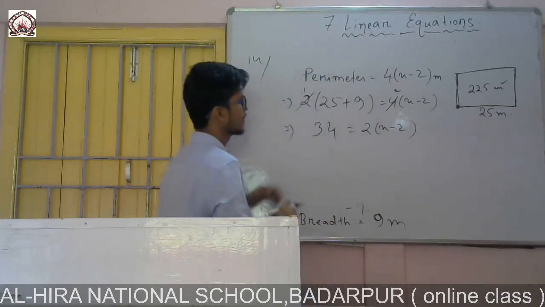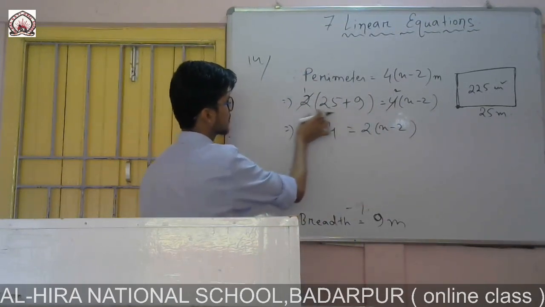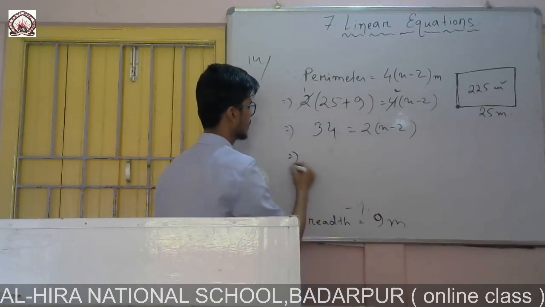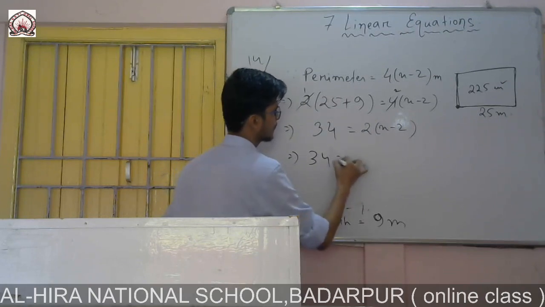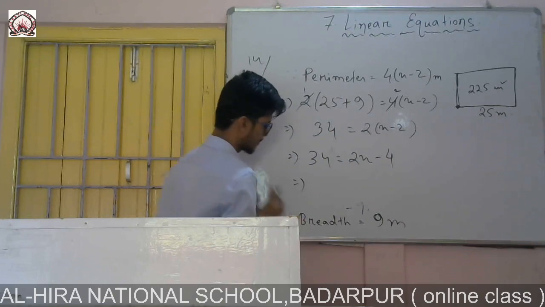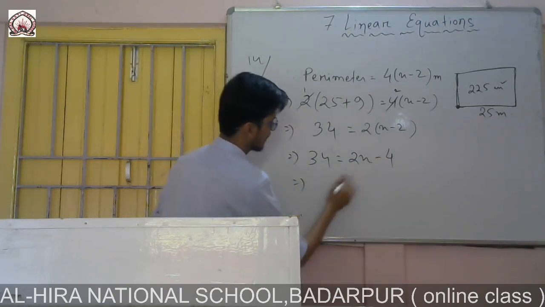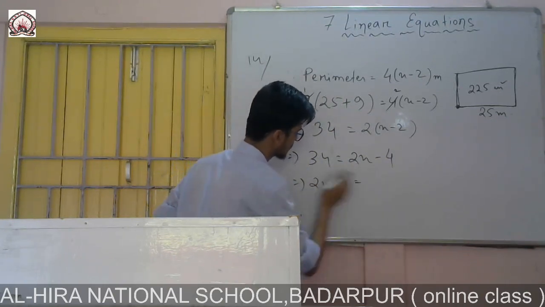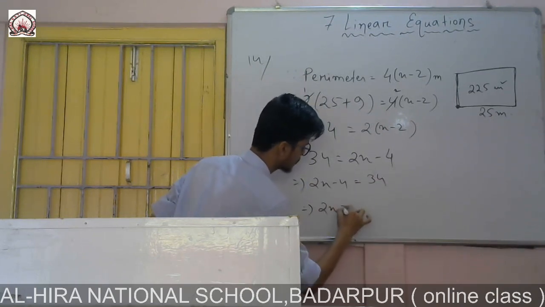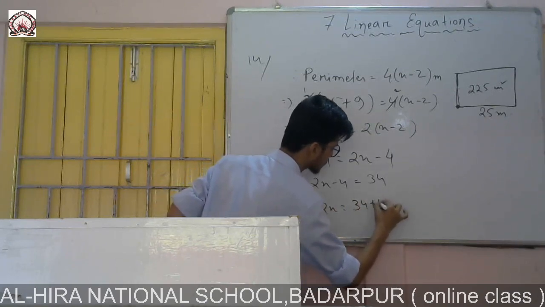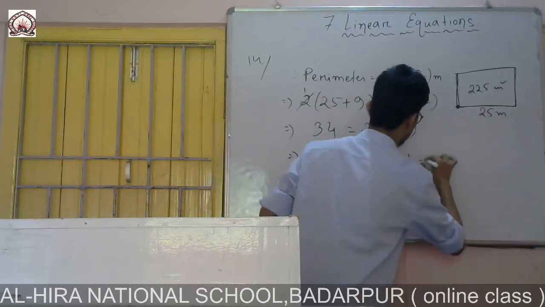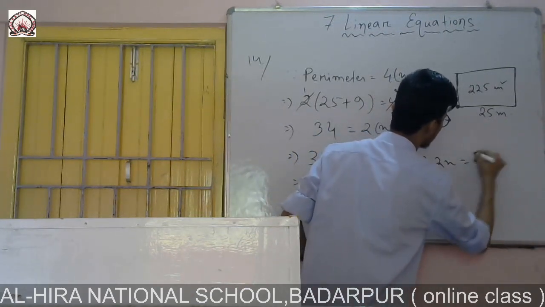I wrote it directly. If you want, you can solve. After adding this one, you can multiply with 2. That side also you can multiply with 4, and then you can find out. So 34 and 2x minus 2 2s are 4. Okay. Now let me change the side. If I write this one 2x minus 4, simply I am interchanging both sides so that I can solve it easily. So 2x I will put it here, and there it will be 34 plus 4. So 2x will be equal to 38.